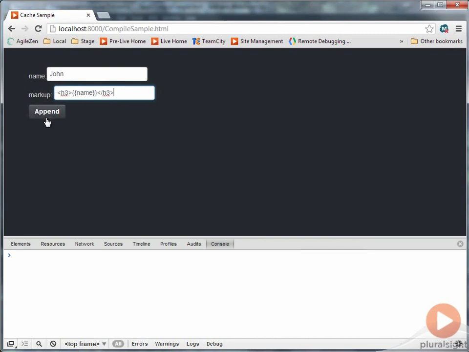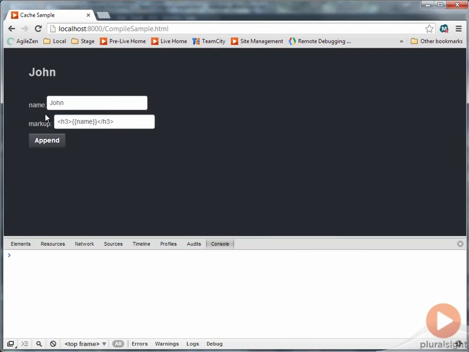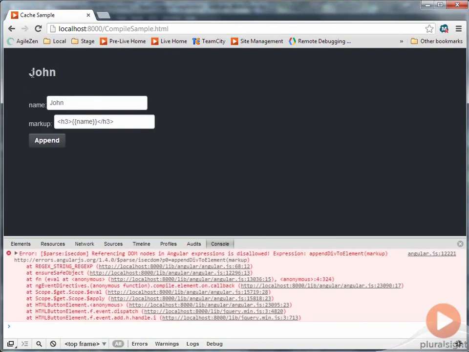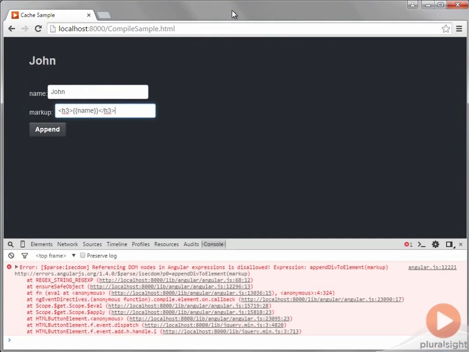So now if I click append, watch what happens. Look at that. We got our name written out in an H3 here. Of course, you probably also noticed that we got a console error. That's because what we're doing here is actually quite dangerous. Angular is trying to protect us from opening ourselves up to JavaScript injection attacks. Notice that if we do this again, I can just inject some script into the HTML and it will execute